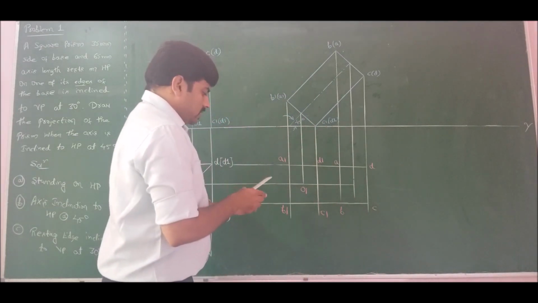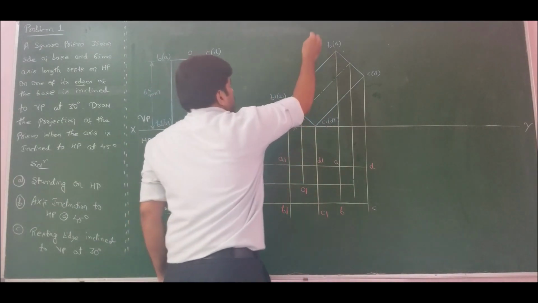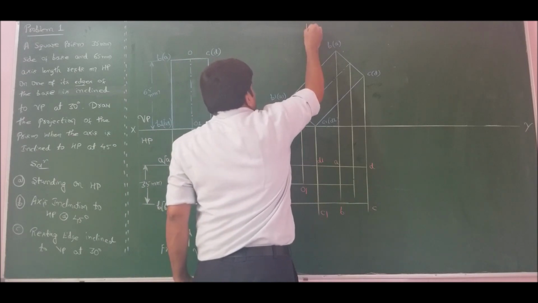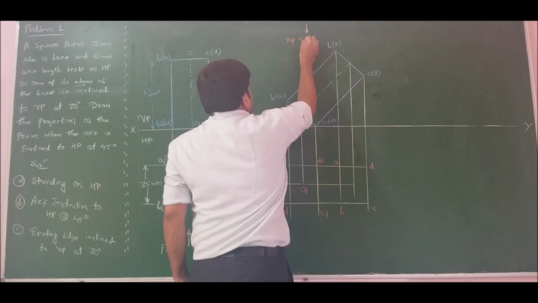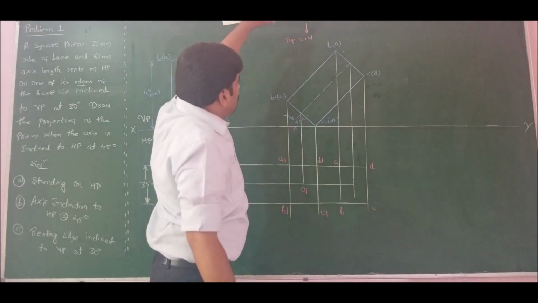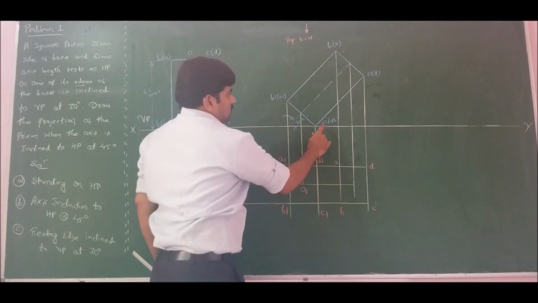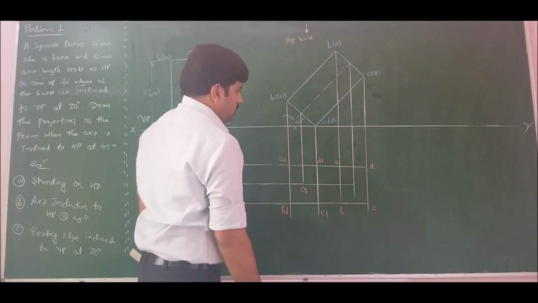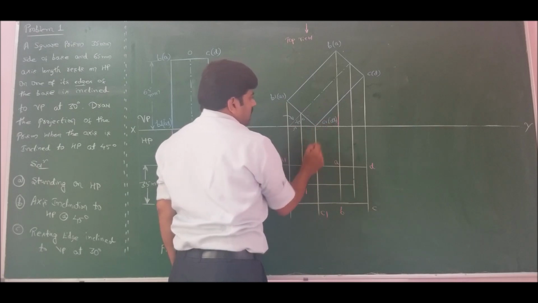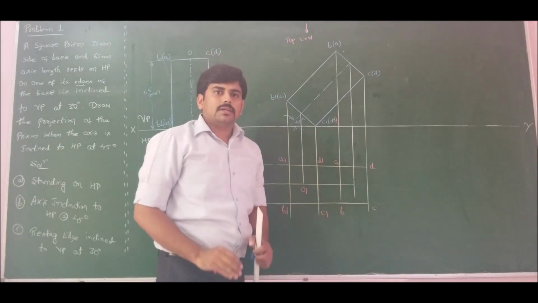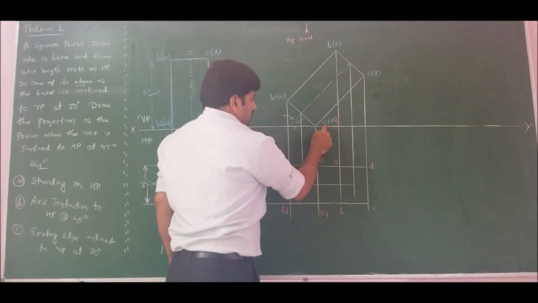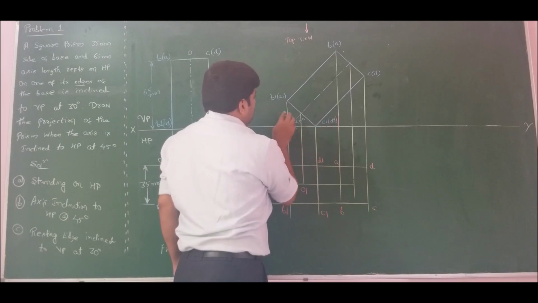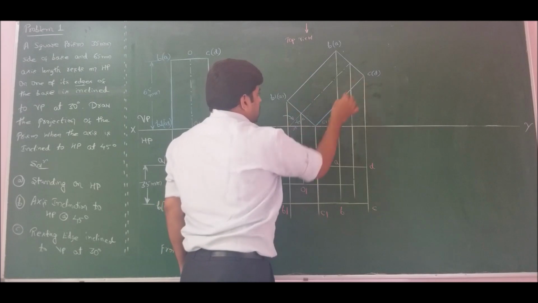So now in the top view the observer will be here. So this is the observer in the top view. If I look from the top, the farthest corner to the observer is C1, D1. All the edges emerging from C1, D1 will be invisible unless they lie on the boundary of the solid. So the lines emerging from C1, D1 are A1 to C1 and D1 to A1, C1 to C, D1